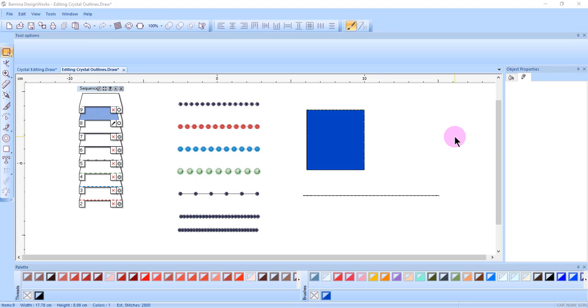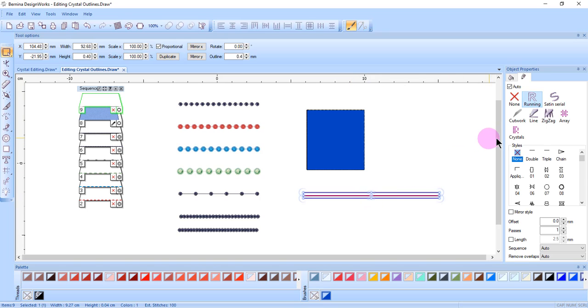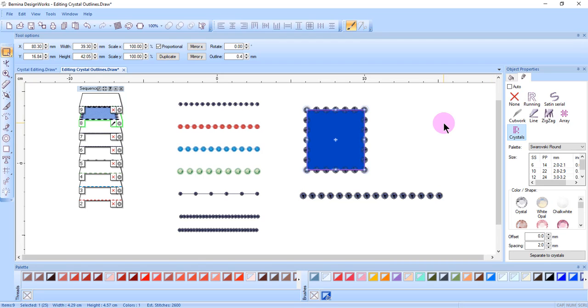You can convert open outlines or enclosed shape outlines to crystals by first selecting the object and then clicking on the crystal icon in the Outline tab of Object Properties. Once the crystals are applied, there are several ways to edit the crystals. All of the crystals of the object must be the same color and size unless the object is separated to